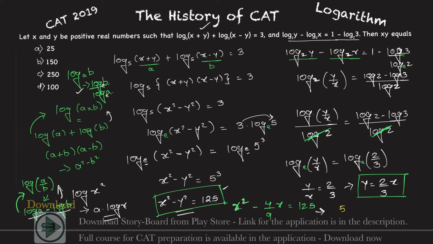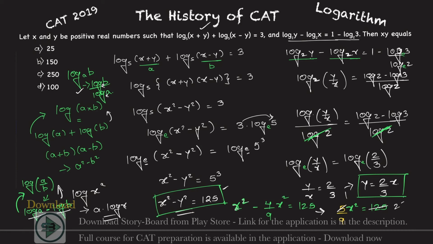So 5 by 9 of x squared, correct? This is also equal to x squared because this is y squared, so this becomes x squared. So 9x squared minus 4x squared is 5x squared, which is equal to 125. That's what I get from here. Now let us simplify this to reach our final answer. So this is 5 1s are 5, 5